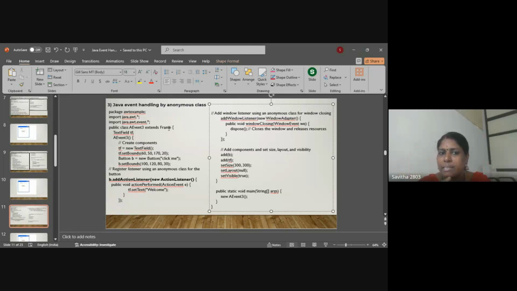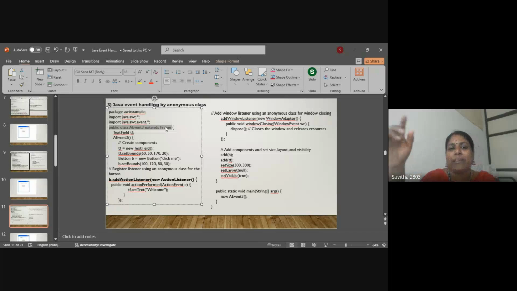First one, inside the class itself, within the class itself. Here I highlighted the code like that: public class AEvent extends Frame implements ActionListener, is it? Then the next program, public class AEvent extends Frame, but we created one class, the outer class, and it implements ActionListener. Here, the code AEvent3 extends Frame and